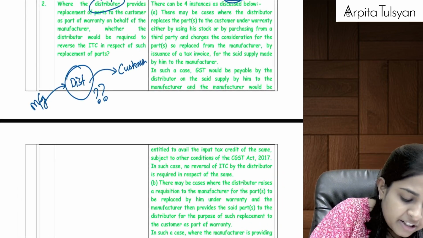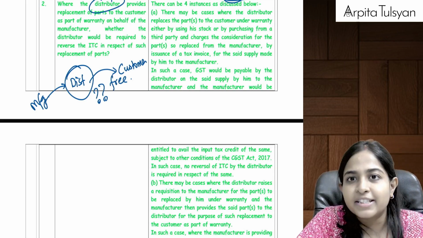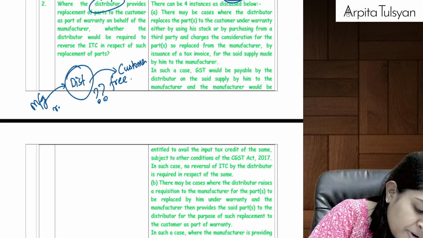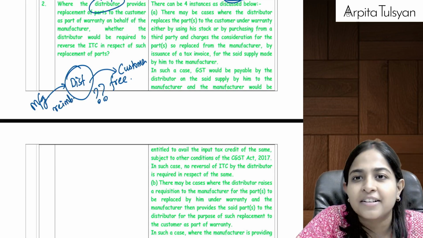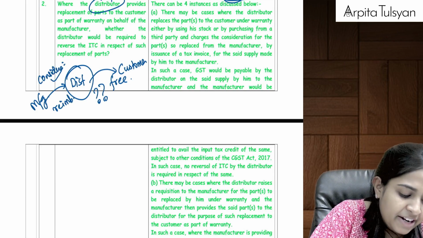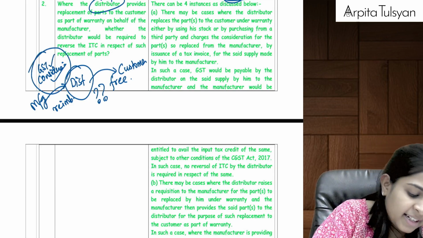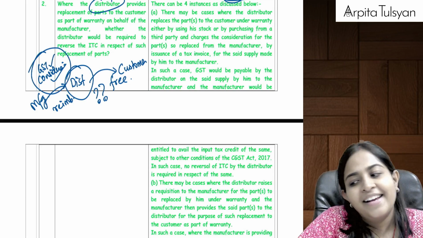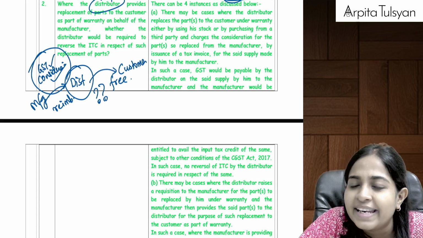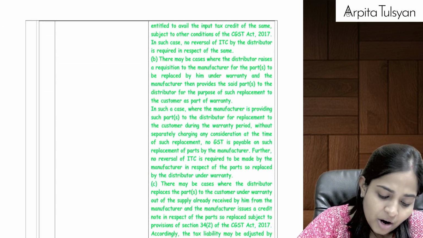What if the distributor gives it to the customer for free and later the distributor gets it reimbursed from the manufacturer? Then can we say anyway here there was a consideration involved? If there was a consideration involved, then there was a GST also involved. So is it an exempt supply or is it a taxable supply? It is a taxable supply. If it is a taxable supply, then the question of reversal of ITC will never come into the picture. Yes, that is the first case. Okay, next case.